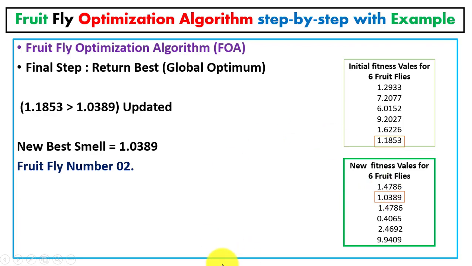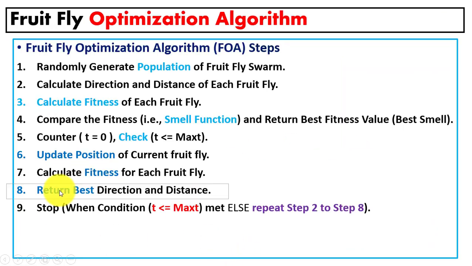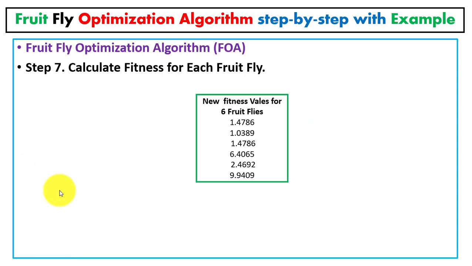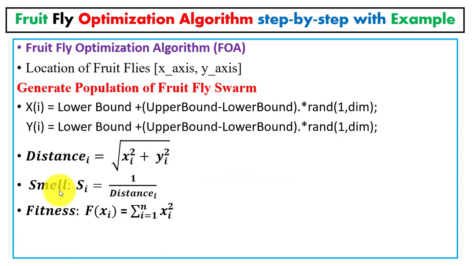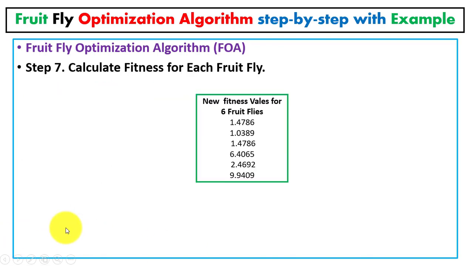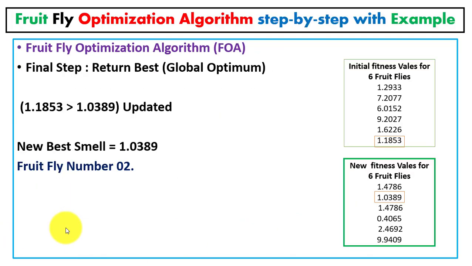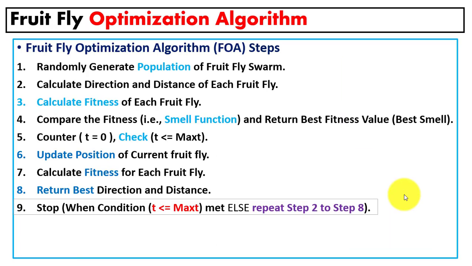In the next iteration, when you repeat these steps, we will increment the counter, and this time again we will compute the fitness value. Now in this case we will compare this fitness value with the new fitness value that you will compute in the next iteration. That's how this loop will repeat until the stopping criteria is met. When this condition is false, we will stop the loop and we will print the best values, as we repeat these steps again and again until we get the best value, that is the optimum value.